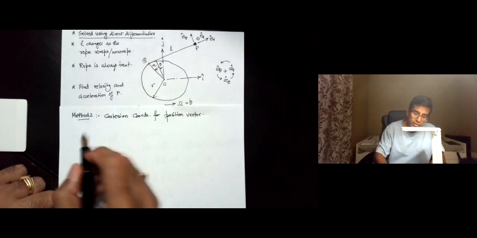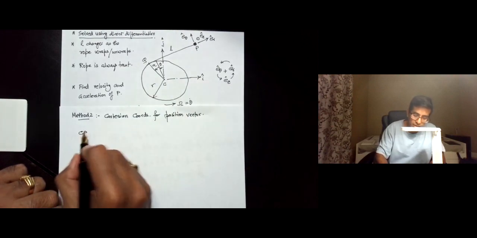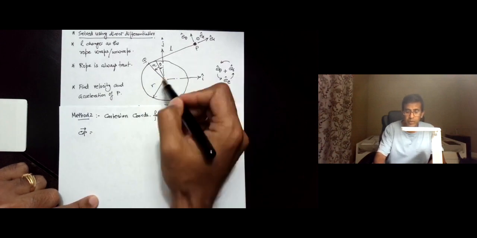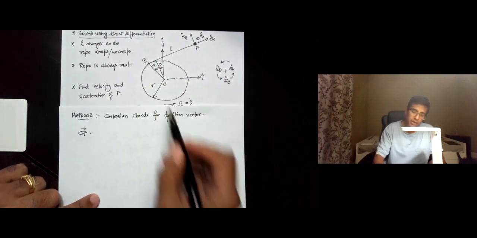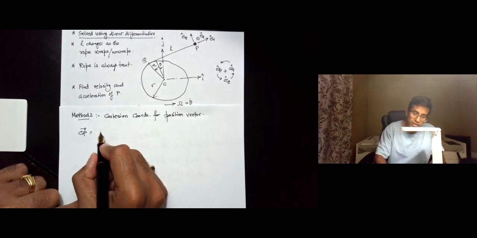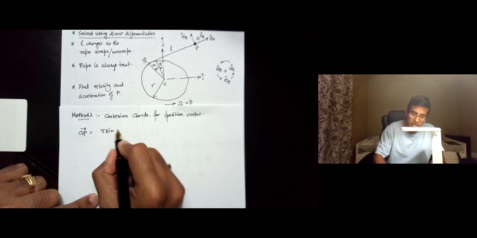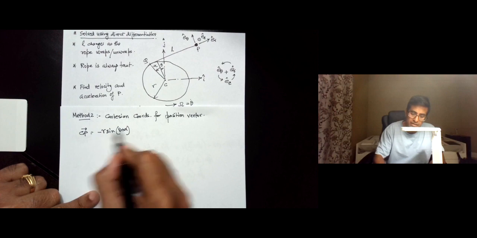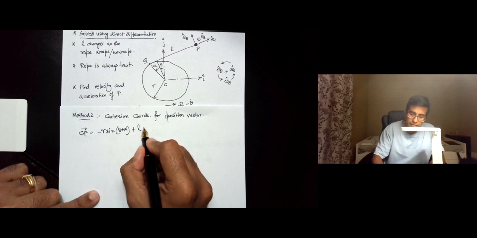Here you can see that Cp can be given by the x coordinate of P and the y coordinate of P, and the x coordinate of P is nothing but r sine theta plus alpha minus plus L cosine